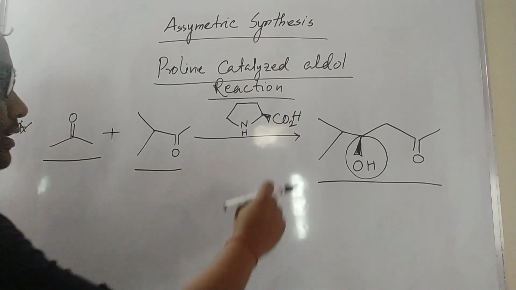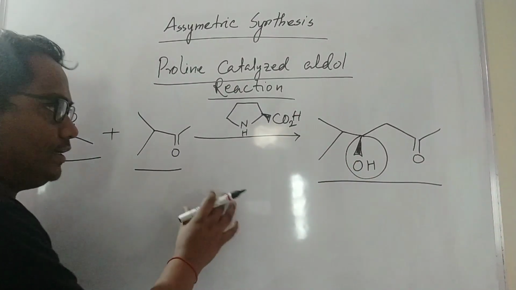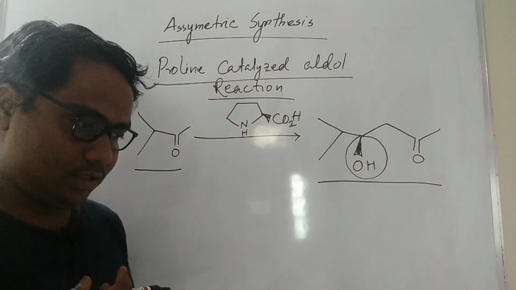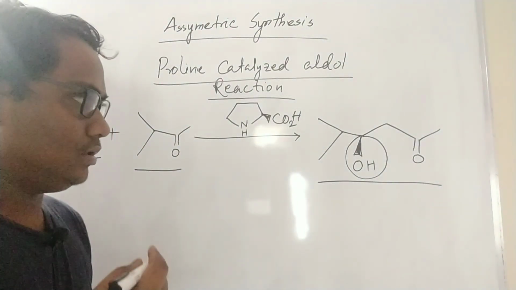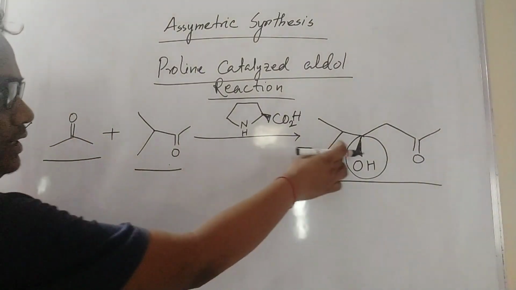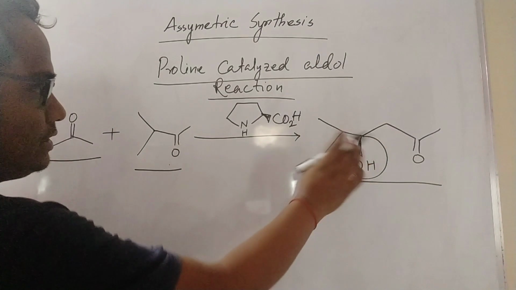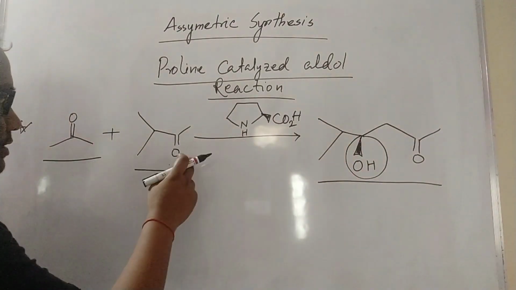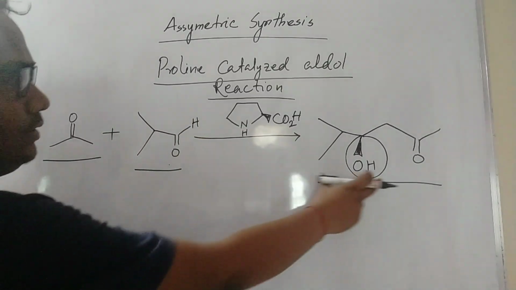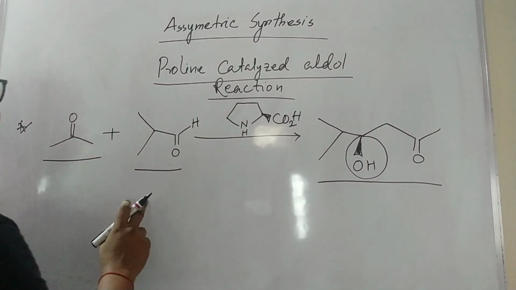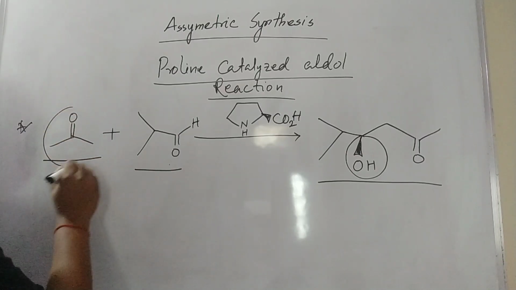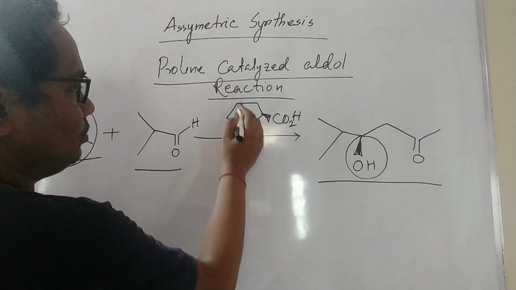So here you can easily identify which ketone will go to the reduction. Okay, see here, this ketone will be reduced, because here the adjacent carbonyl becomes this type of thing. See here it will go. Okay, and now I have to explain, this acetone will form an enamine with this proline.